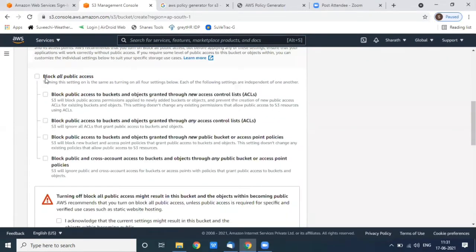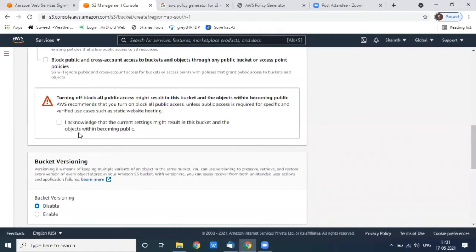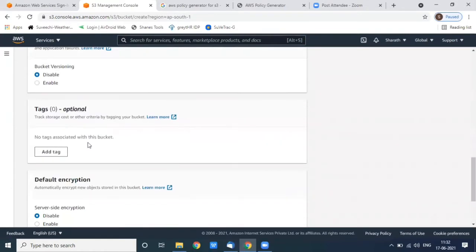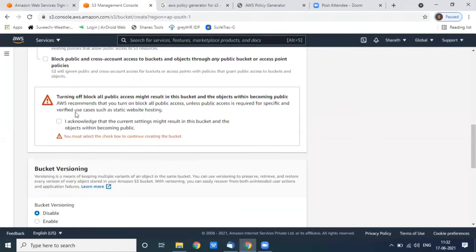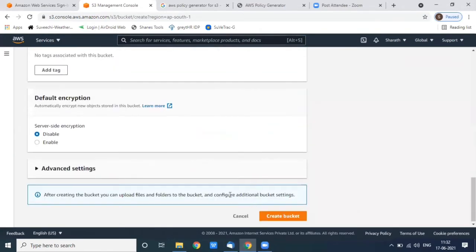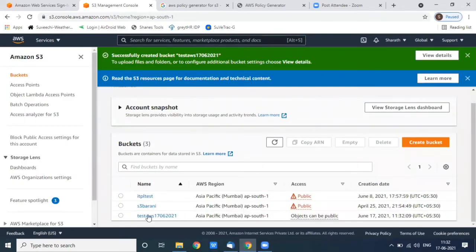You have to uncheck this flag called public access, to access these bucket files from outside. Then check this and click create bucket. Now the bucket is created.